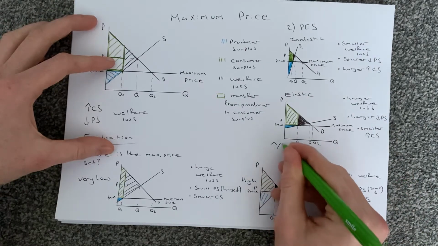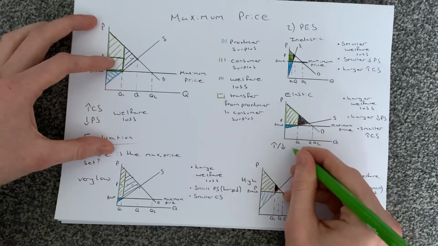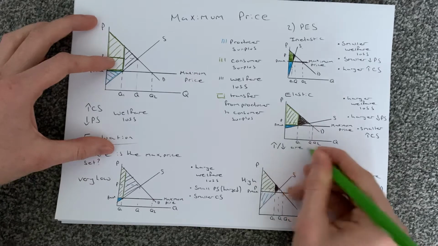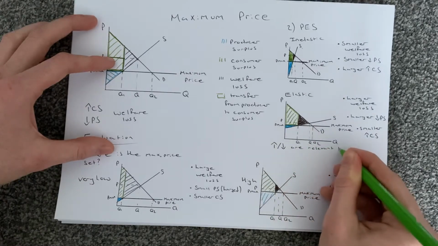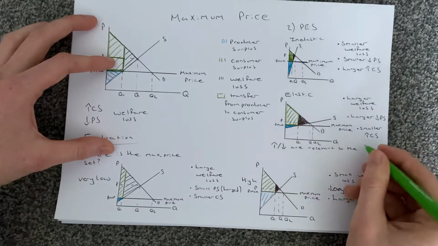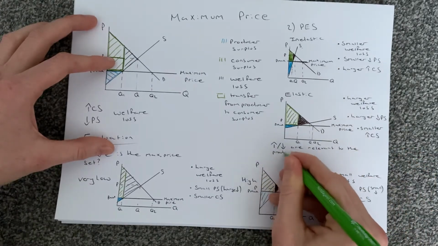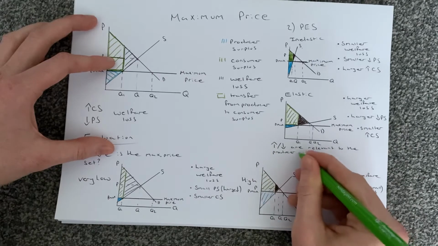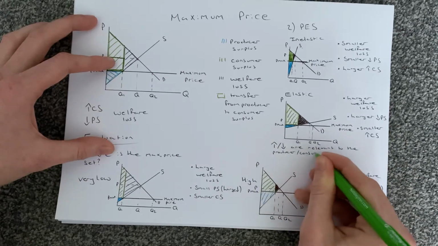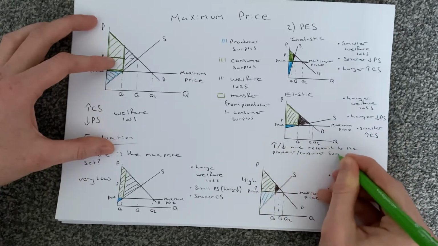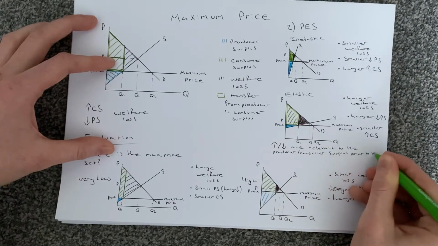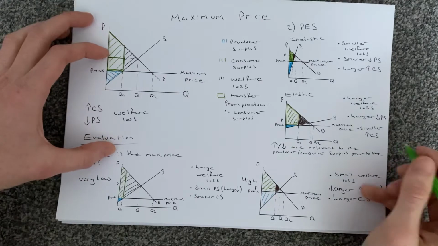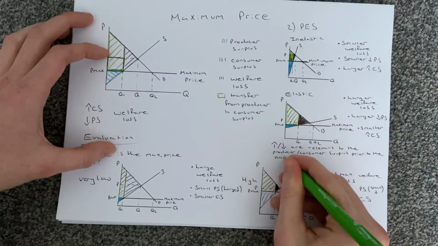Increases and decreases are relevant to the producer and consumer surplus prior to the maximum